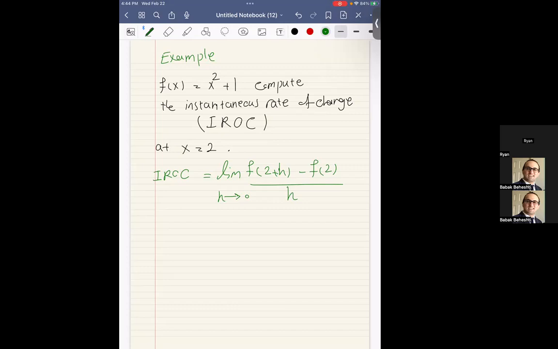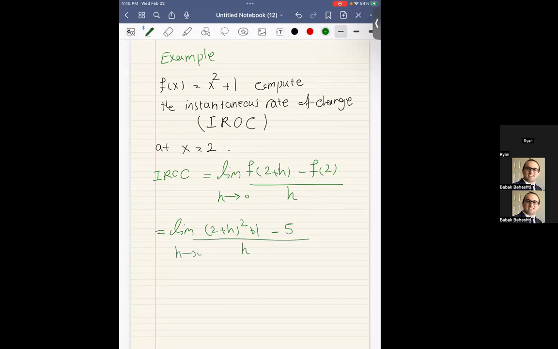Now, what is f of 2 plus h? I just have to plug in. So this would be the limit of 2 plus h squared plus 1 minus f of 2. f of 2 is 2 squared plus 1, which is 5, over